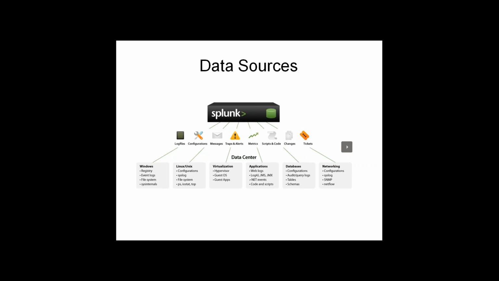In the same manner, if you want to get the data from a database, then we have to install a separate application on top of Splunk, known as the DB Connect application. A separate application has to be installed on Splunk to fetch the data from the database. That is very important. Whenever we are dealing with a database, the way of fetching the data is entirely different from fetching data from any application server in the form of flat files.